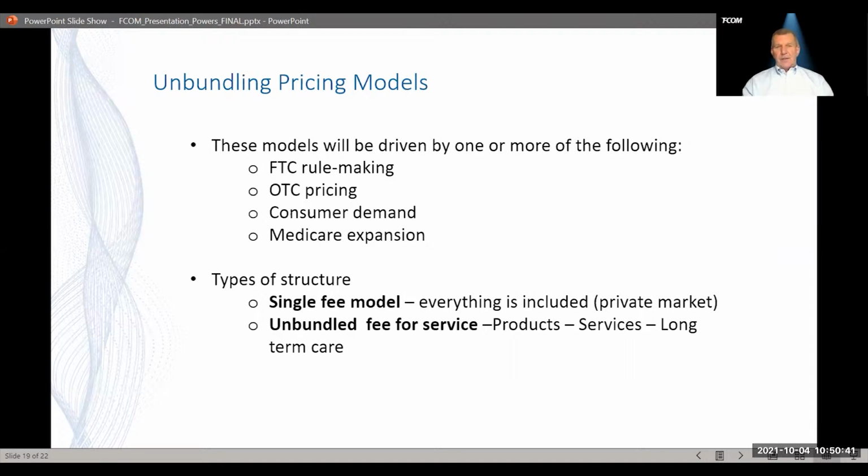OTC pricing will, I think, have an impact, and that is those devices are going to be sold as device only with no professional services. So you see the unbundling taking place there. Some of the online models do include services, but I think as patients begin to see the cost of the OTC devices, we already have somewhat of a benchmark with the Bose device at $849 for 2 devices. So if that holds true, we expect the devices to be in the $300 to $400 or $500 range per